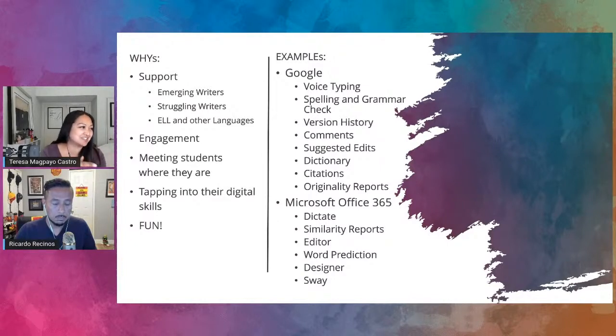Sometimes we know, especially with the younger kids, they get so caught up in how to spell a certain word that they kind of forget what their story was about because they're so obsessed with trying to fix that. And that's what we're trying to fix right now. We want to be able to hear their story and then give them tools to fix those little things, because we know you're going to teach them in other lessons how to do those as well.